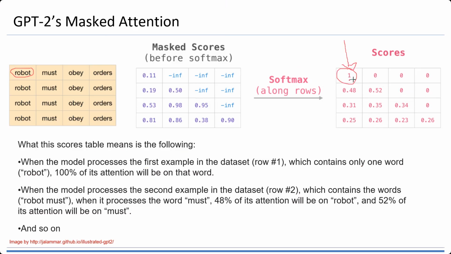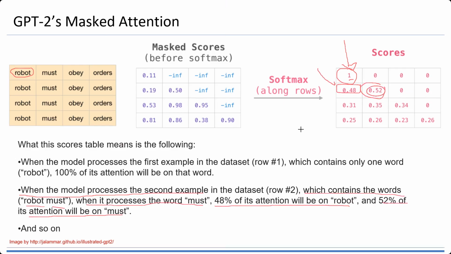We call this 1. When the model processes the second example or the second row, which contains the words robot and must, when it processes the word must, 48% of its attention will be on the robot, and then 52% of its attention will be on must, and